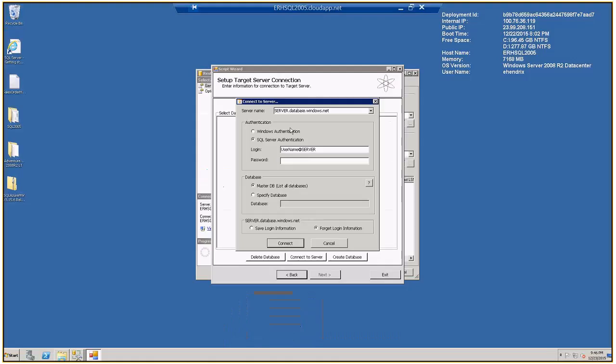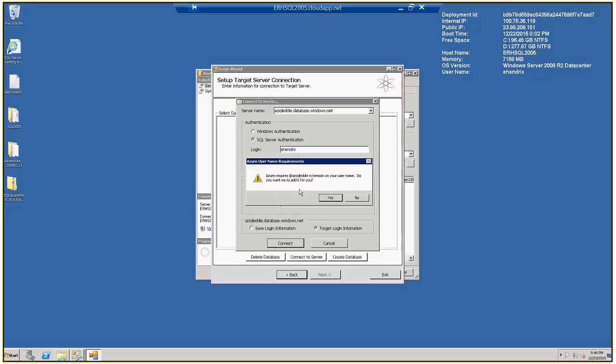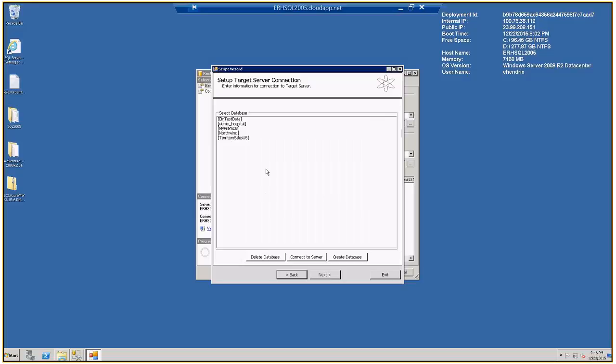Moving back into my actual portal, I'm going to use my local SQL logon for this because I know I can connect to it. You can use any logon that you may have. It forgot I didn't add the extension, but it says it's going to put that on there for me anyway. It says I'm connected. I've already migrated this one out here once, so we can create another database for it